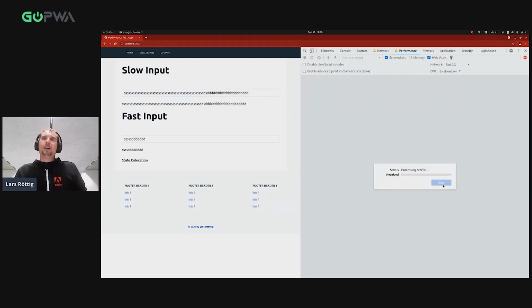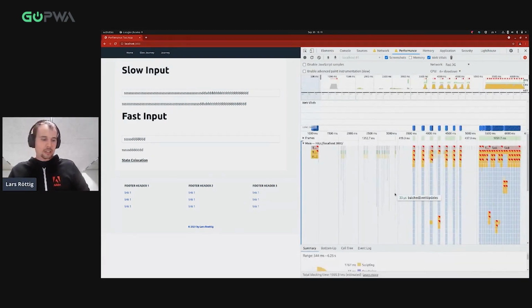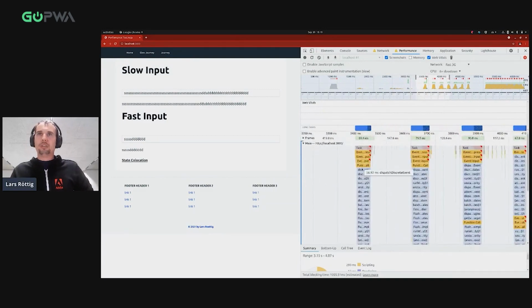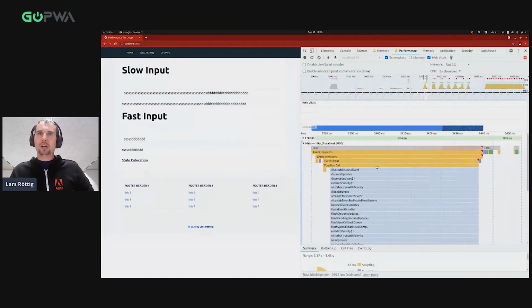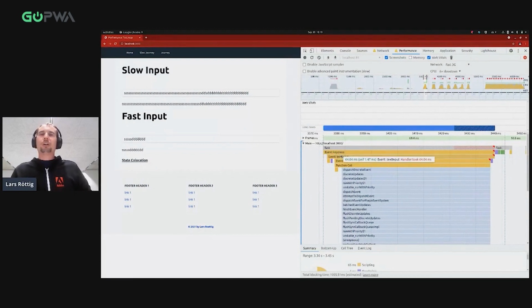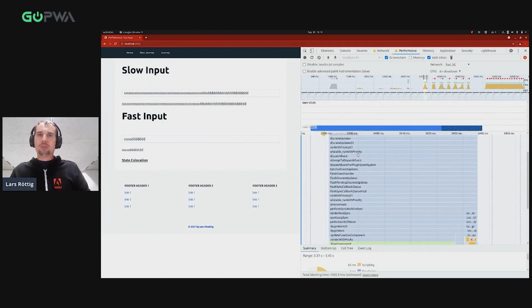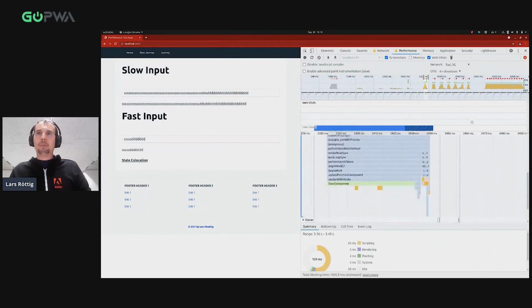So, and what I get here is a result of many things. And what I usually do is I go here and see, okay, I run a key press event, and the key press event runs a couple of things here. And you see in the waterfall diagram, hey, something happened here.